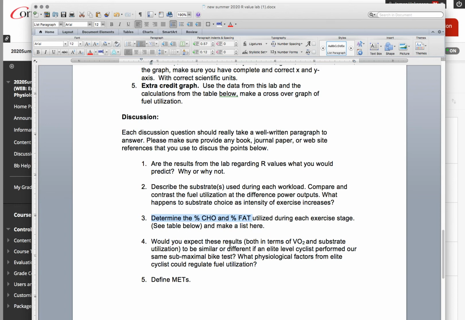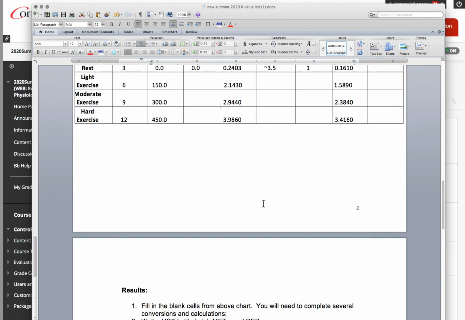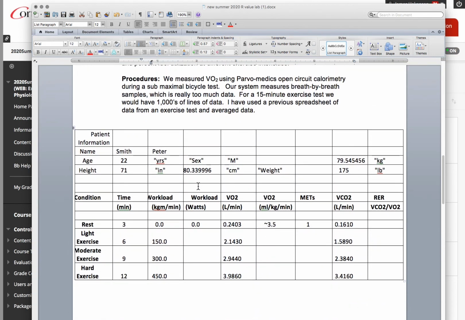And then try to think about if this person that we tested in the lab were an elite level aerobic athlete, an elite level cyclist, would these R values be different? So a fun little lab experience with some data that I've collected from the exercise physiology lab,